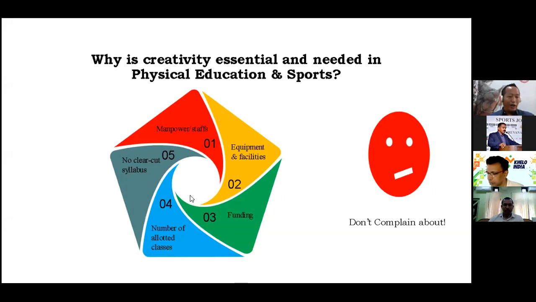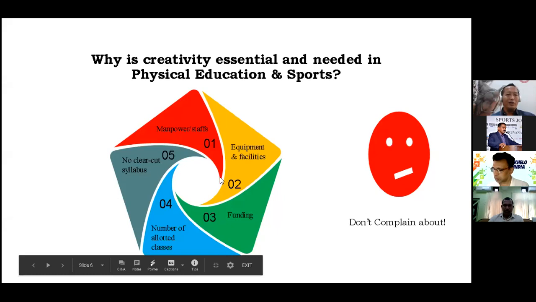In my 1.5 years of experience as a physical education teacher in one of the best schools in Delhi, way back in 1995, fortunately we were around 8 physical education teachers in those days, more than 20 years back. But most of the complaints I get from my old students who work in schools are based on these 5 common complaints. But what I want to stress this morning is,